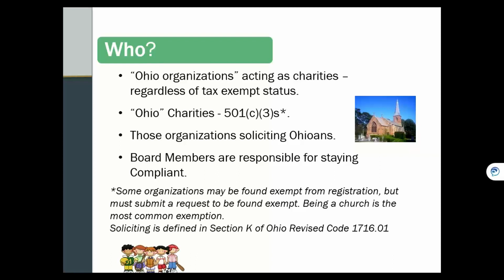considered a charitable trust. When we say an Ohio organization, we are talking about charitable trusts that are either located in Ohio, organized or formed in Ohio, have programming in Ohio, or those that have assets in Ohio. If you meet any of these conditions, then your organization is considered an Ohio organization. If you meet none of these, then you will want to contact our office for an out-of-state form,